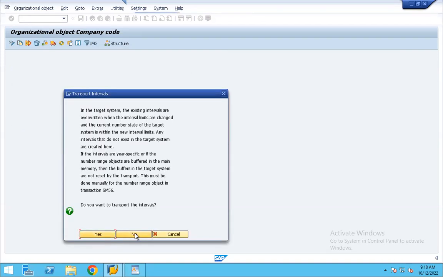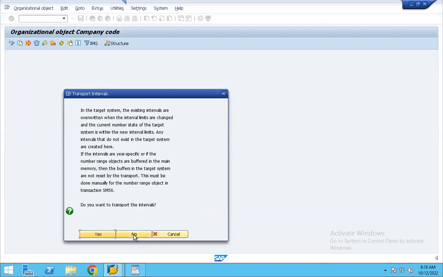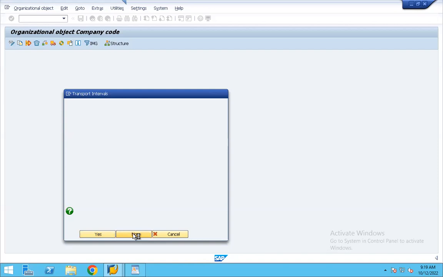Let's click on no. While copying, do we need to select no at that time for number ranges? Yes, it is showing an error that this must be done manually for the number range objects. Do you want to transport the interval? So let's hit no.